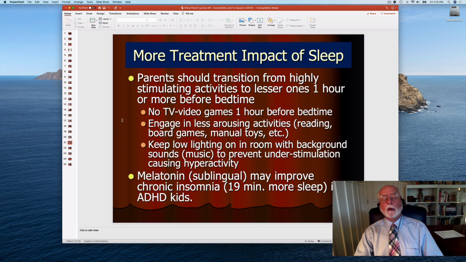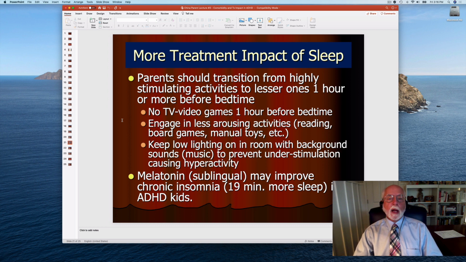Parents can also improve sleeping problems by shifting to a more predictable transition to bedtime activities, what we call sleep behavioral hygiene. Many times, ADHD children have more disrupted families, and therefore their bedtime rituals are usually much less consistent than we see with other children. But regardless, it is helpful for parents to develop a very consistent schedule at bedtime.